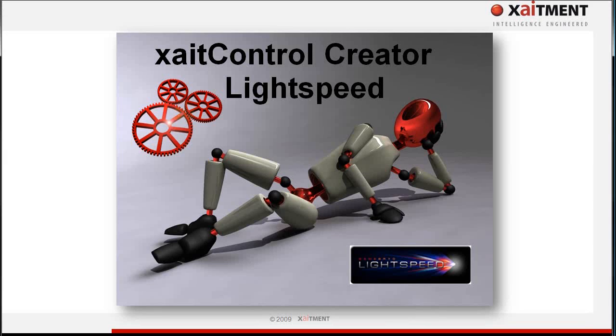Welcome to the video tutorial of xaitControl Creator and Emergent Lightspeed's Toolbench. In this tutorial, you will learn how to use xaitControl Creator inside of Lightspeed's Toolbench. For an in-depth look at how to use xaitControl Creator, please refer to our wiki at